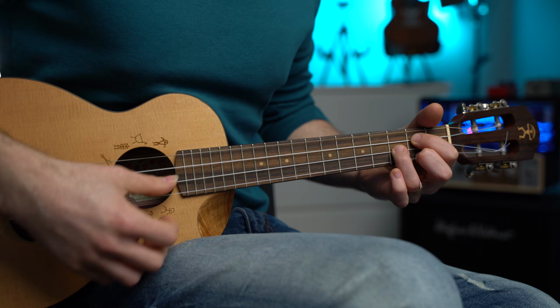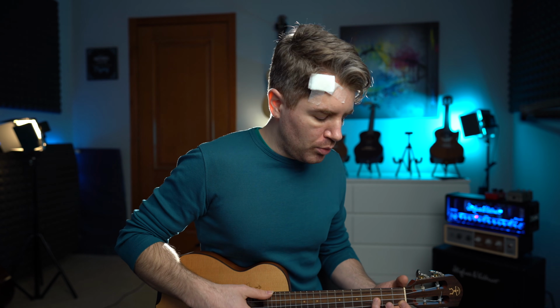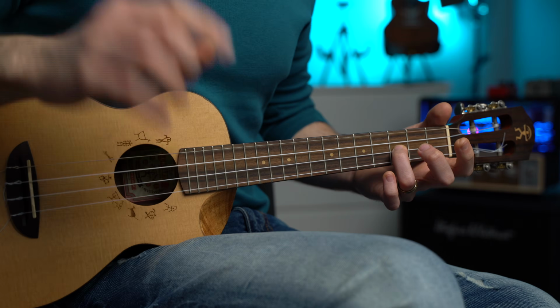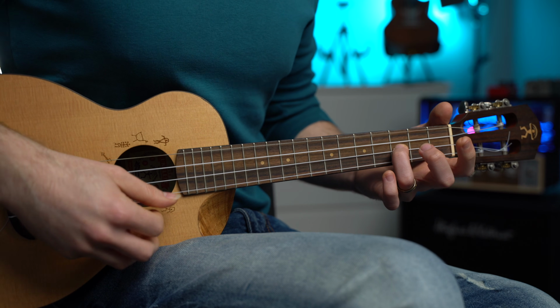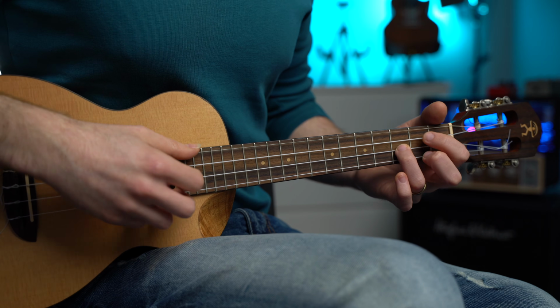Now we go back to the G major chord. We play the same melody. Now, the C major chord, we're gonna play the same melody, just with one different note,